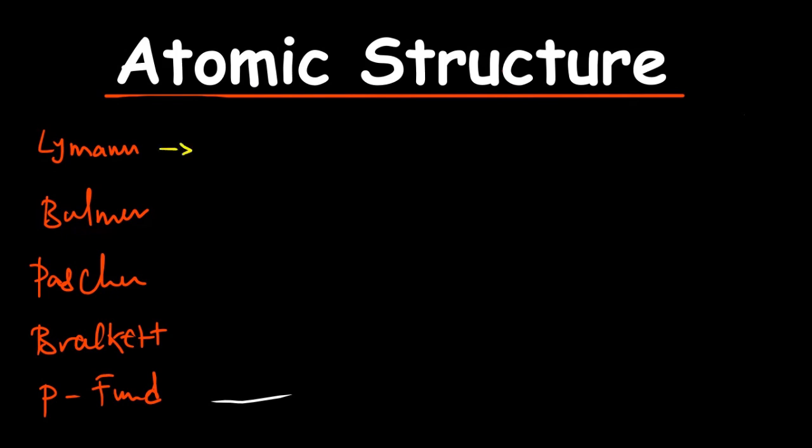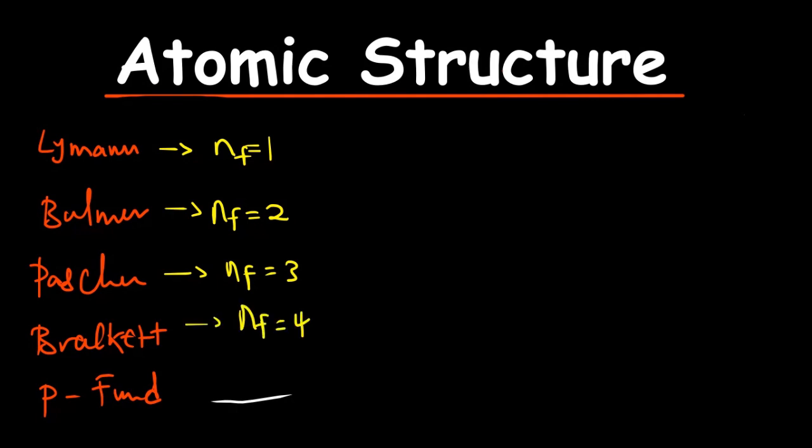So whenever you hear the Lyman series, just know that the final energy level is 1, so N final will be 1. When you talk about the Balmer, N final will always be 2. When you talk about the Paschen, N final will always be 3. When you talk about the Brackett, N final will always be 4. It can come from whatever it's coming from, but the final one will just be 4. And if we're talking about the Pfund, the N final will always be